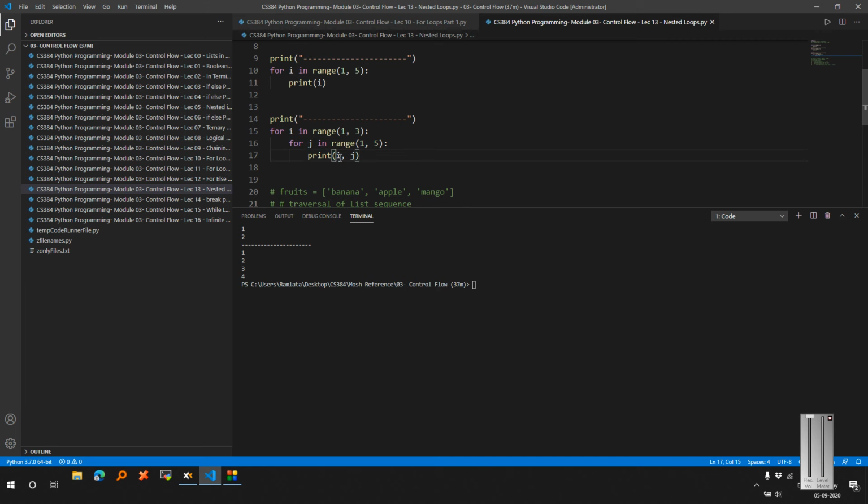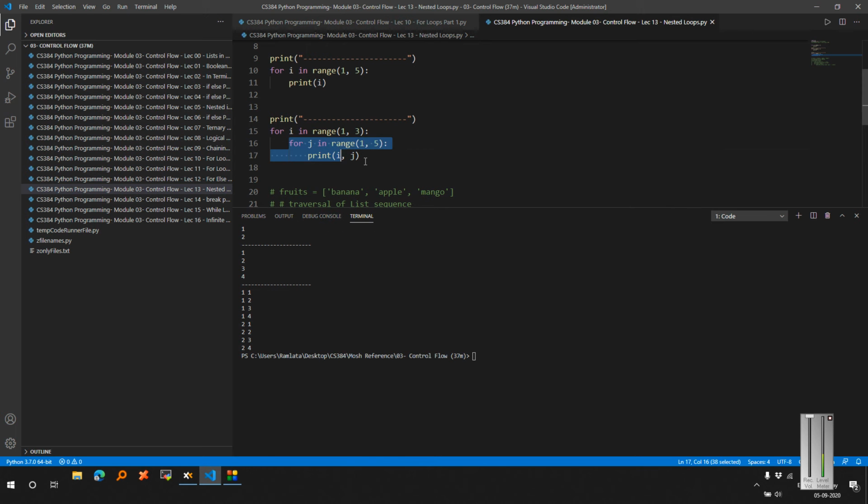So while i is 1, j will be 1, 2, 3, and 4, because see the indentation. For i, the loop is for these two lines. But for j, there is only one line in this particular loop. So what is j printing? j is printing 1, 2, 3, 4. After j exits, i says, oh, I have to be executed for the value 2 also. For this 2, j again goes from 1 to 5, but not including 5. Let us see the output here and you will understand.